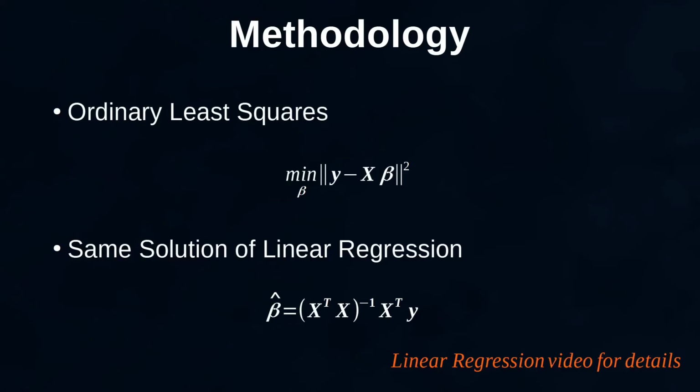So, the problem can be solved by using ordinary least squares, where the sum of all the squared differences between the predicted and the actual values are minimized. The aim is to find a vector beta with all its p plus 1 coefficients, where p are the coefficients related to the p different exponents of the only feature considered, and then there is the intercept.